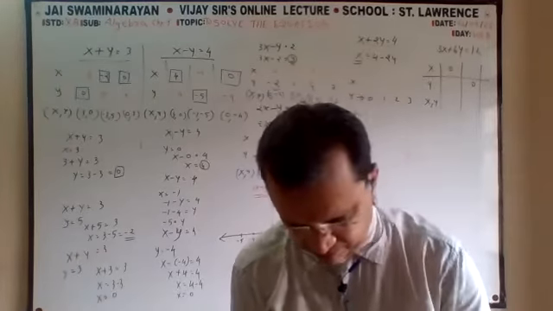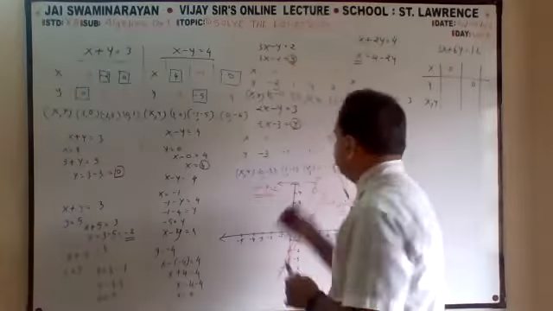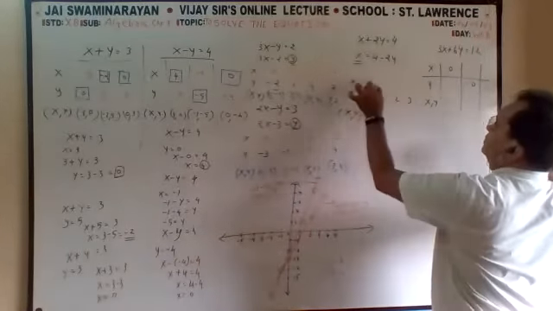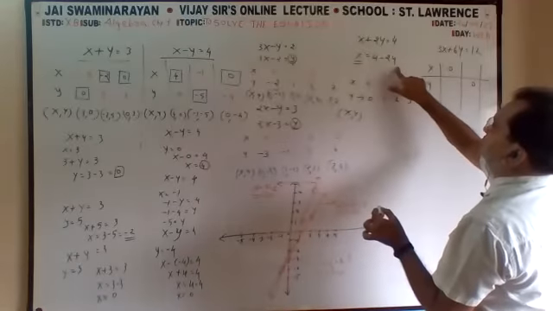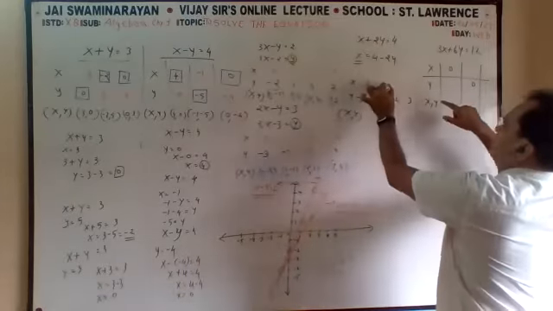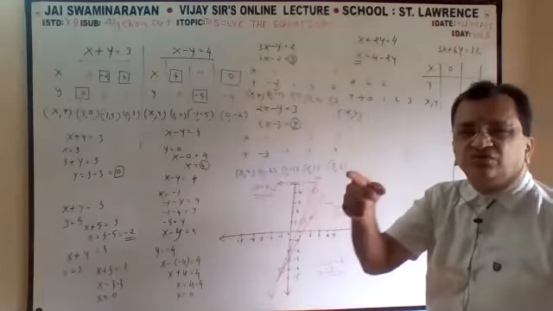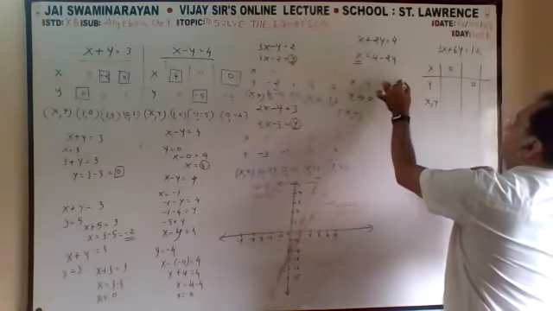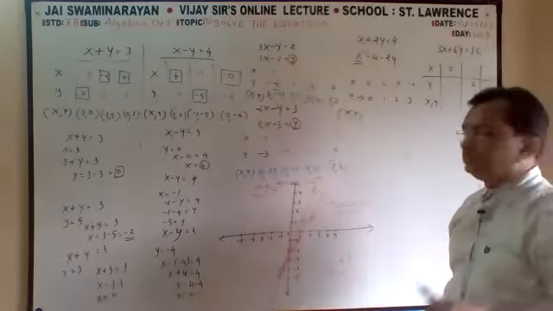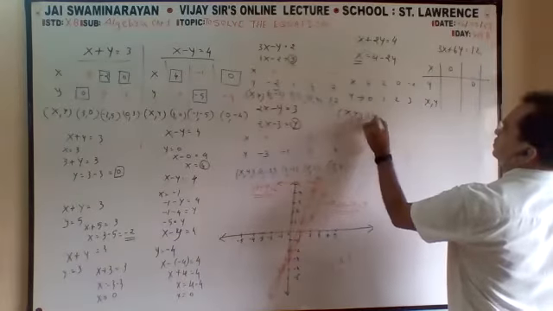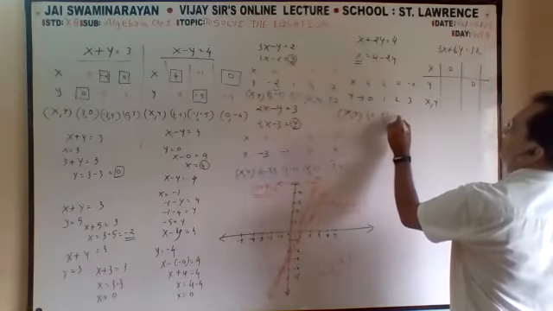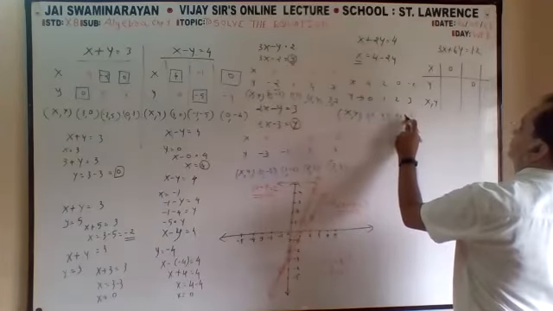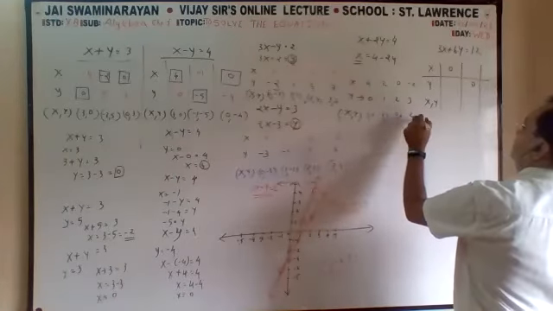Now substituting, orally. Y is equal to 0, so 4 minus 0 is 4. Y is 1: 2 ones are 2, 4 minus 2 is 2. So 4 less 2 is 2. The difference is 2: less 2, less 2, less 2. So your answers 4, 2, 0 have the same interval. First x, then y.